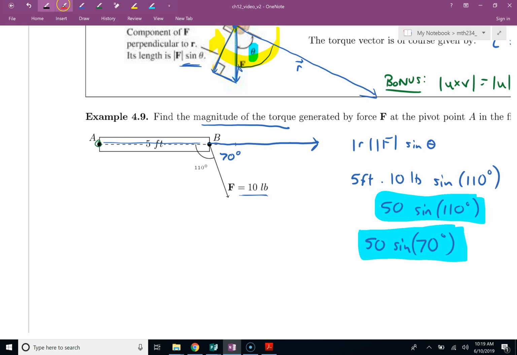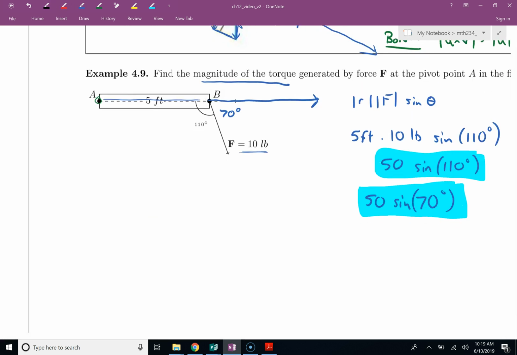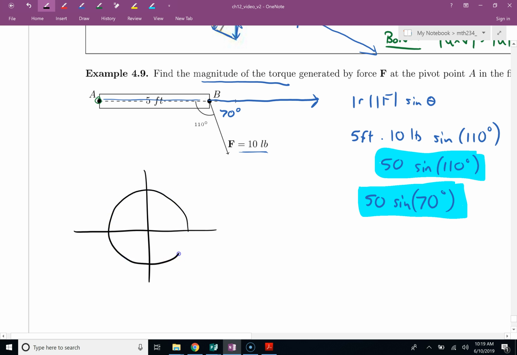And so let's go ahead and draw our unit circle really quick. And let's remember, 90 degrees is kind of this straight up right here. And that sine is always talking about the height of your point on the unit circle. So if I wanted to draw 70 degrees, starting at this positive x-axis and rotating around,